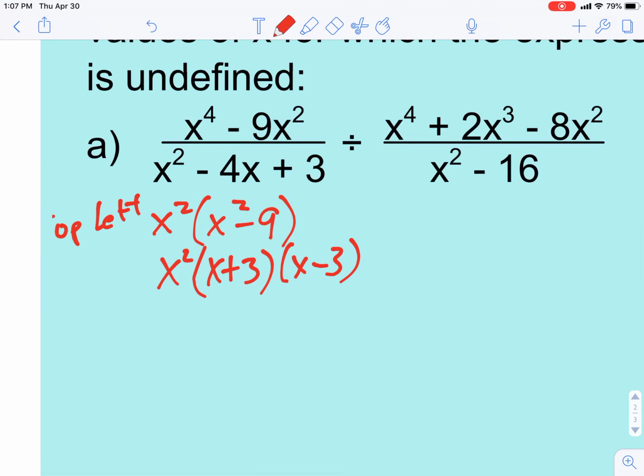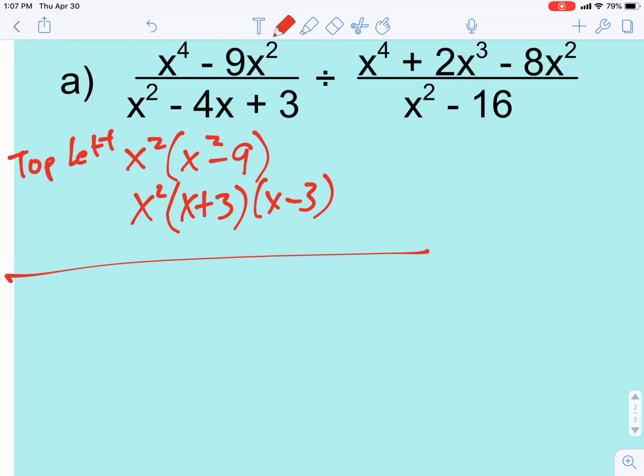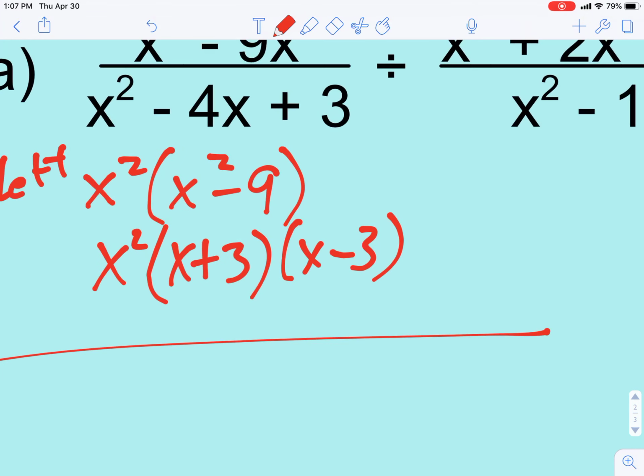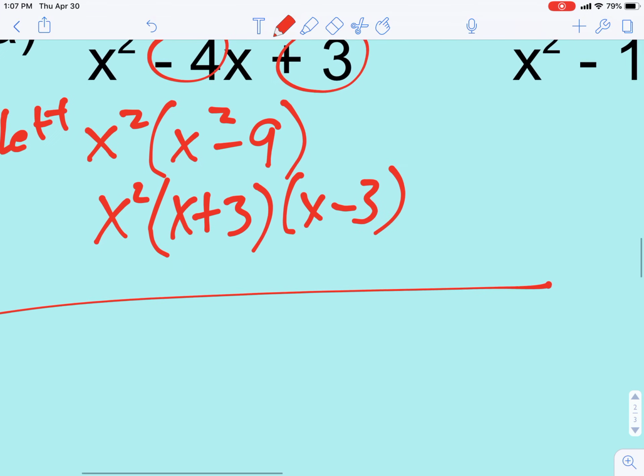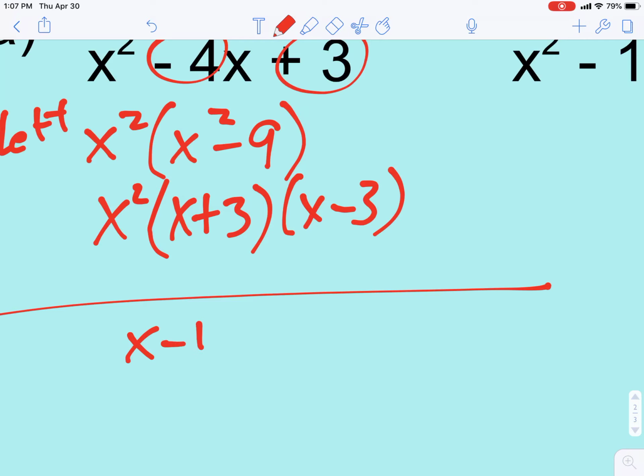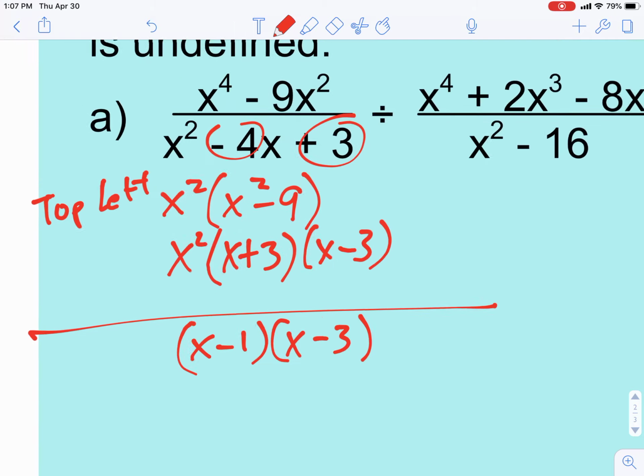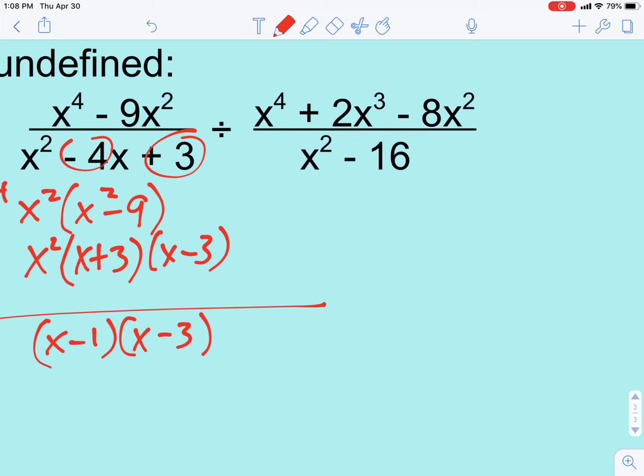Okay? Now we'll go bottom left. Quick factor, factors of 3 that add to negative 4. That's going to be x minus 1 and x minus 3. Because negative 3 times negative 1 is 3. Negative 1 and negative 3 add up to get negative 4. Okay? Now,